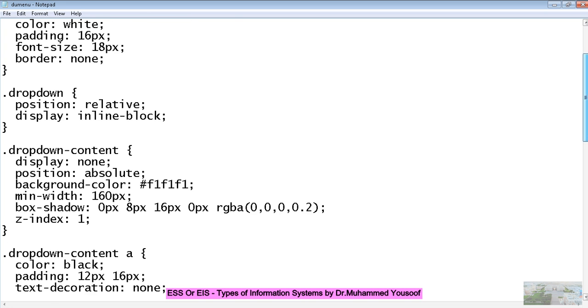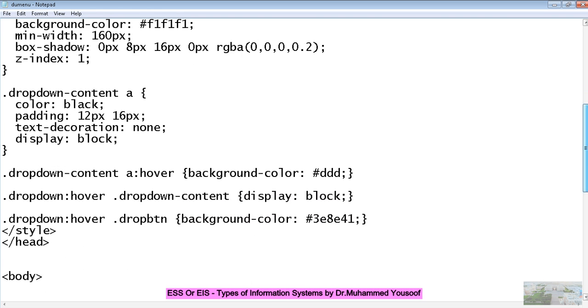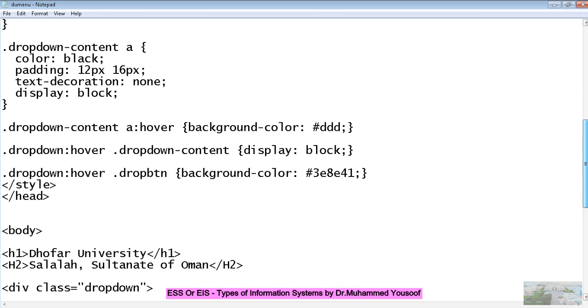Now just try to understand. If you want a decoration, you can give the decoration, but I'm giving none. So now these things are clear. This is nothing but defining the style for all the elements which I am using: button, the list down items, and hover. Hover means how the color will change. You can try to apply different codes using the internet. You can see different codes for colors, and you can apply and see what will happen.